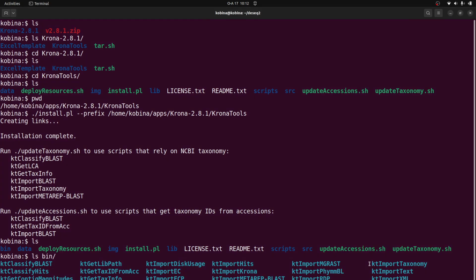Now we have the script, everything is looking great. We shouldn't forget we have to run these two scripts, this and then this. That's what we need to do next to prepare the Krona databases. It's always important to do that. We are going to run these two scripts, this and then this, to update databases, and then